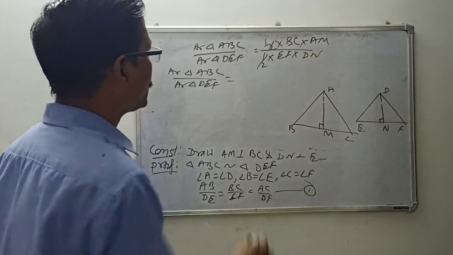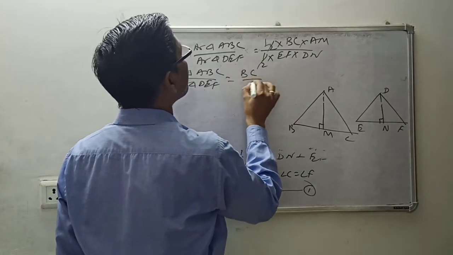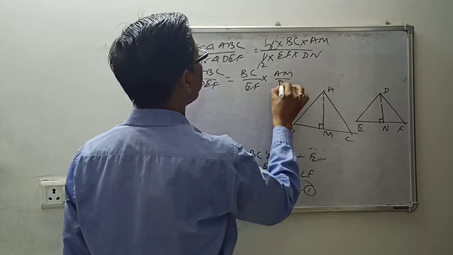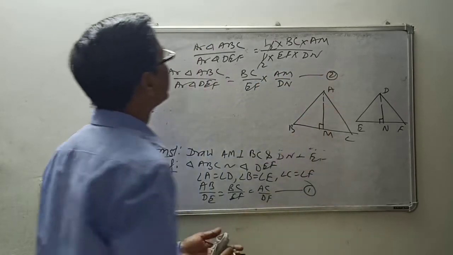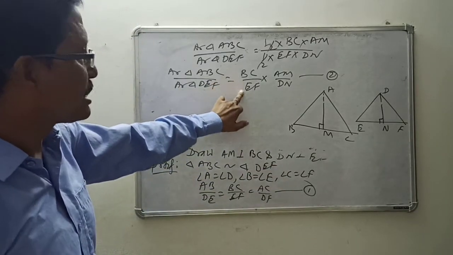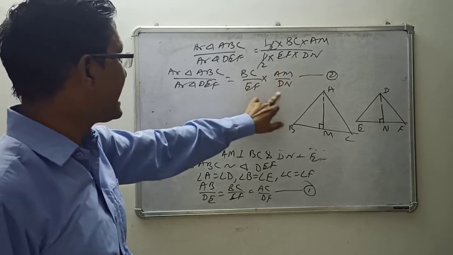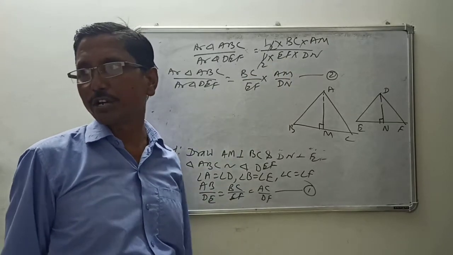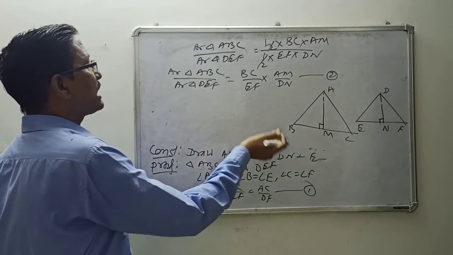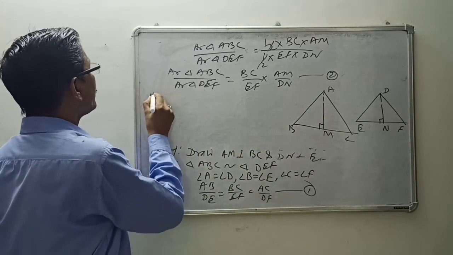So what you are getting, area of the triangle ABC by area of the triangle DEF is equal to BC by EF into AM by DN. Suppose this is 2. But you have to prove BC square by EF square. So already BC by EF you got, and AM by DN also will be converted into BC by EF. We have seen in the previous one that we know that